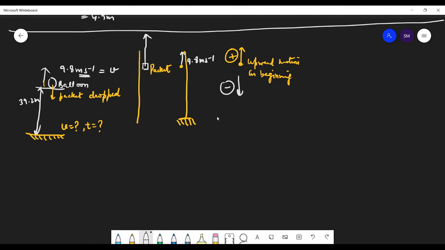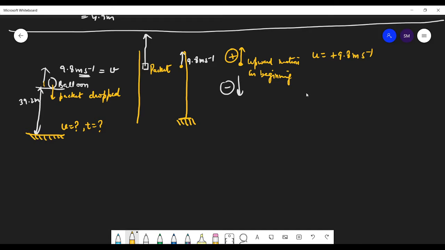So we have a strategy, and we are going to handle each and every question with the strategy that we have formed. We are not going to be wavered by the question, or if something is written in the book this way or that way. We have one strategy and we are going to follow that strategy only. So upward motion in the beginning, upward as positive, downward as negative. What is the initial velocity here, students? Plus 9.8 meter per second.